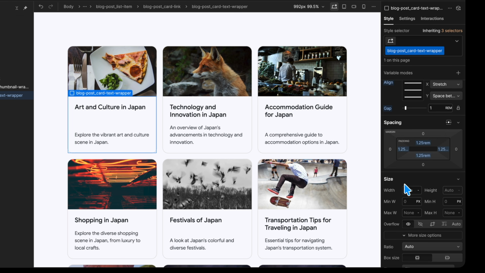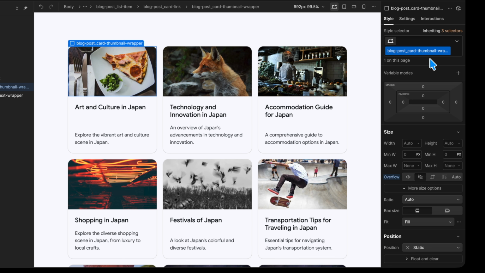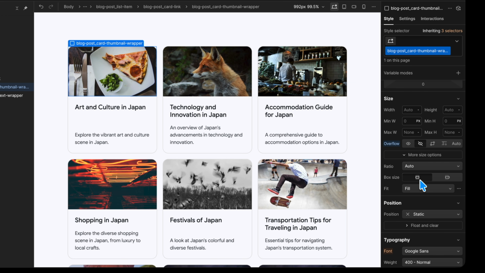The image wrapper has the class blog-post_card-thumbnail-wrapper. Here we set overflow to hidden as well. And the reason is the same one we mentioned earlier. When we scale the image up on hover, we want it to stay clipped inside its wrapper, so the effect feels clean and controlled. The image itself has the class